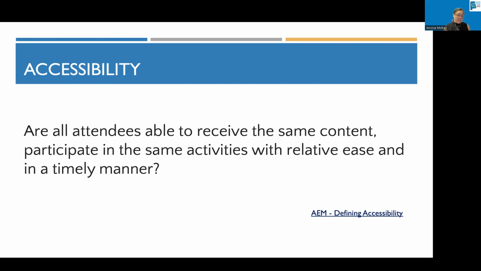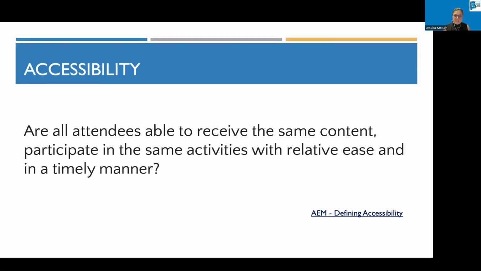Now, they may do it a different way, but are they getting that full benefit of participating in that training or that presentation as somebody who doesn't have a disability, right? So if I'm sighted, I have full range of motion, I'm able to click on PowerPoint slides and look at the links with ease, that's not a problem. But if I'm somebody that needs a different format, am I getting that different format in a timely manner? Am I still able to access if I need a different method?